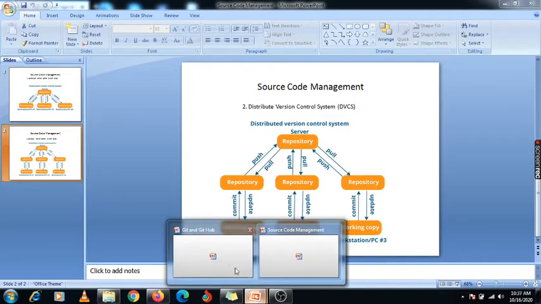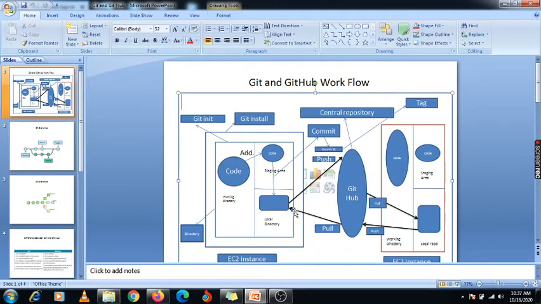So I'm moving into this Git slide. Here the code is available in the local repository when you commit it, right? Now you need to push it to GitHub, that is your storage, that is centralized. This communication is established by using your internet connection, right? Whatever code you have written on your EC2 instance, no internet is required because the local repository is already available, so there is no need to use any internet connectivity.